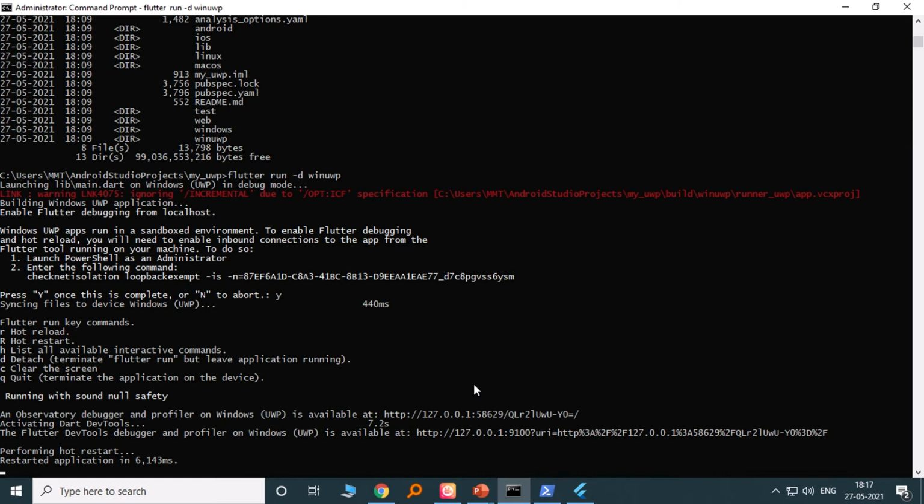You all know how to modify the Flutter code, make changes in it, add the dependencies in the pubspec.yaml file, add the assets, fonts and many more. In the next video, I will be explaining how to modify your Flutter application, how to add dependencies, which dependencies support UWP for Flutter, and many more things about the Windows UWP support.